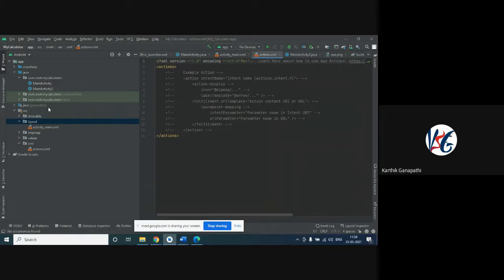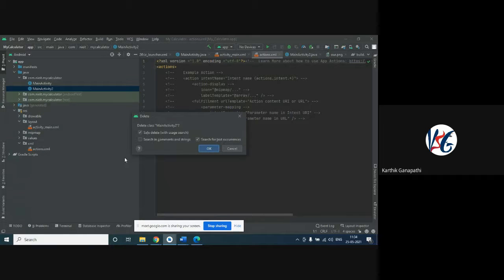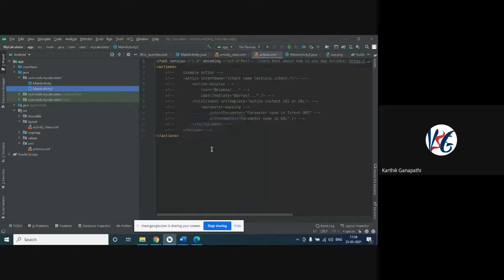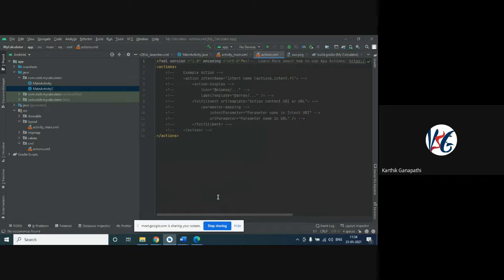Okay, I deleted it. Along with this, I need to delete this main activity too, because as I told you, if we are opening up an activity, it will have two components. One is Java, another is XML. So once I delete the XML, I need to delete the Java also, because both are interconnected. I don't want these two. These were created by myself, so I just created a few for your explanation. So I'm deleting these two components. Okay, so I just deleted it. So after deleting, let me build the script once.